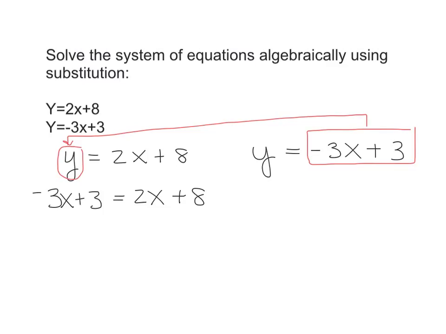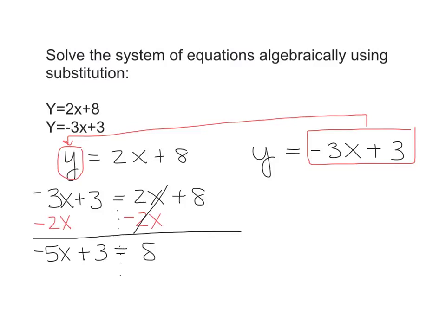And what we end up with by making this substitution is one equation with one variable, and we know how to solve those. We start by noticing we have variables on the left side and the right side, so we're going to take the variable term on the right, the 2x, and move it to the left side by adding its opposite. And of course I'm going to put that underneath the negative 3x because they are like terms. On the right side, they will add to 0 and drop out. And on the left side, we'll take our negative 3x minus 2x for a negative 5x